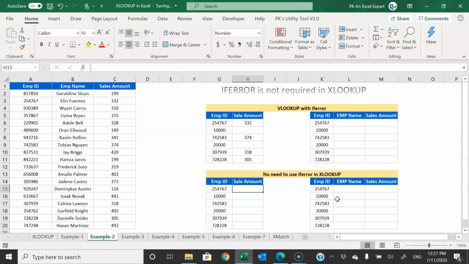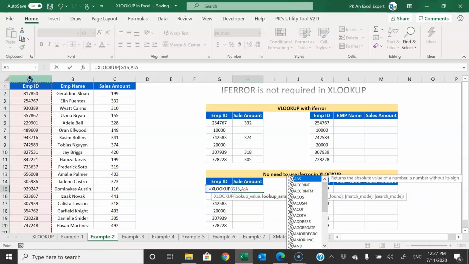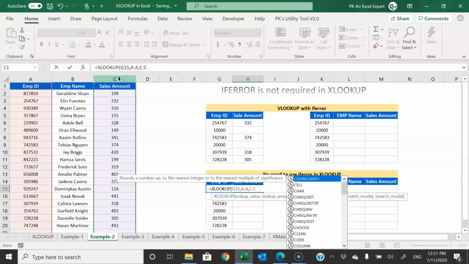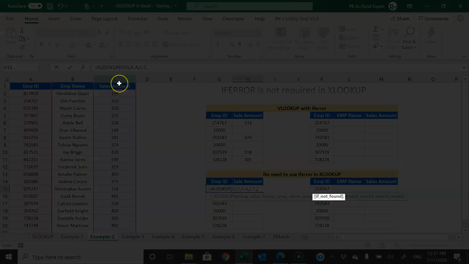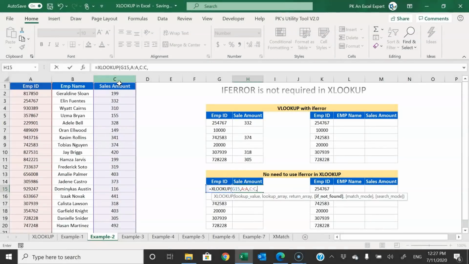So here you can use a simple XLOOKUP, lookup value will take this one, lookup array will be this column A, comma, return array we will take the sales. Now if you see the fourth argument, which is optional, here you can provide if not found. That means if a particular employee ID is not found in the employee ID column, then what should it return?